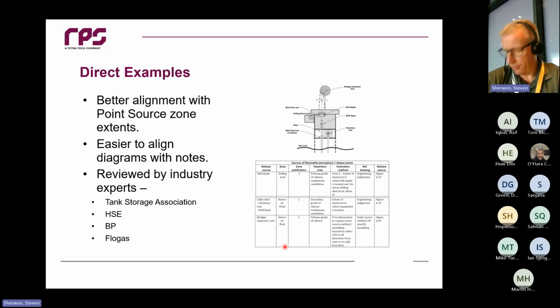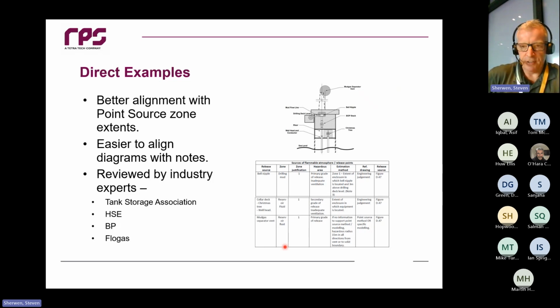Okay. And the last thing to mention, a lot of people like the direct examples in the back of the I15. Direct examples are where you've got a common, or I should say, a frequently used system like storage tanks or road tanker loading, and they have zones applied to them. You don't need to go through the task of trying to work out a hole size or a driving pressure. You just say, right, I've got an atmospheric storage tank. It looks like that. Therefore, I can apply these zones.